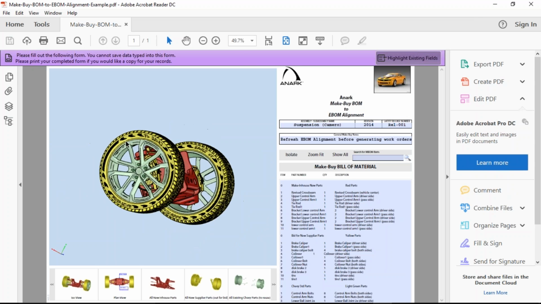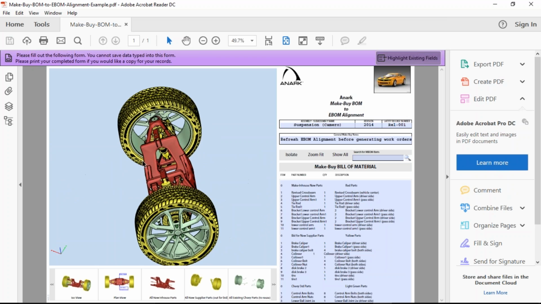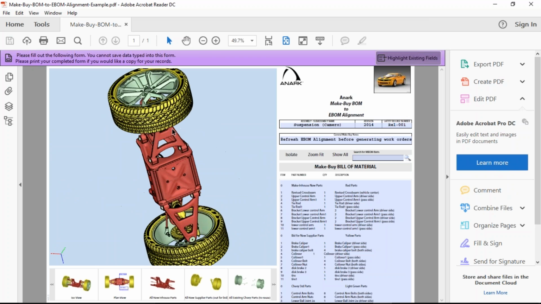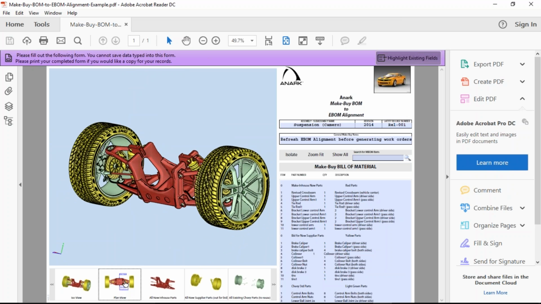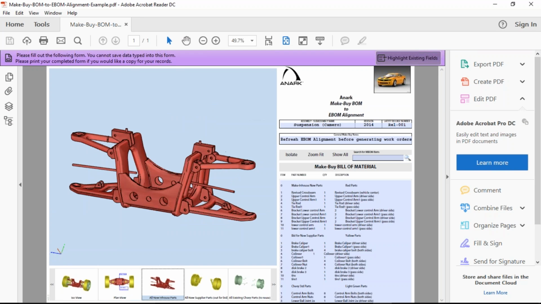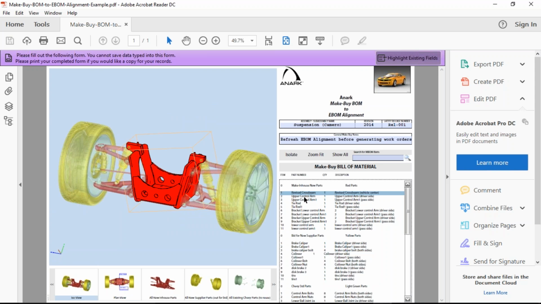So not a lot of people are aware that PDF can actually contain 3D information. So that hidden information I was talking about, I can move it around and I can look underneath this axle here. And now I can just move along here. I've got different views already created of the single item, or I could use the interactive part of the BOM. So I could just go and look at individual parts of this.